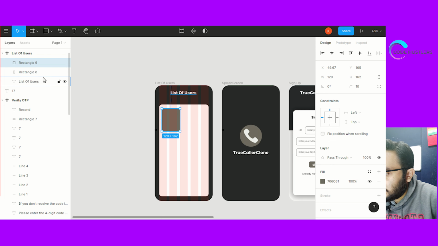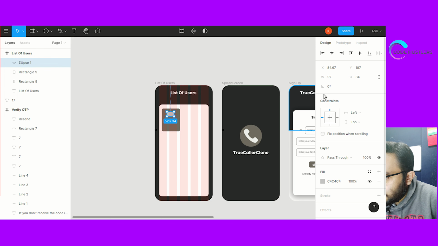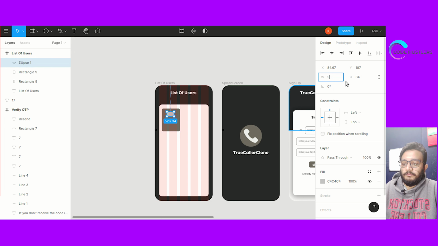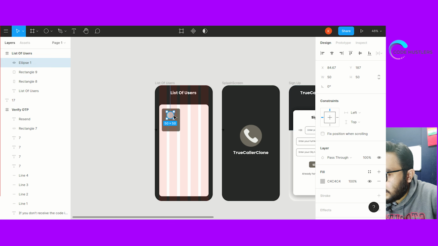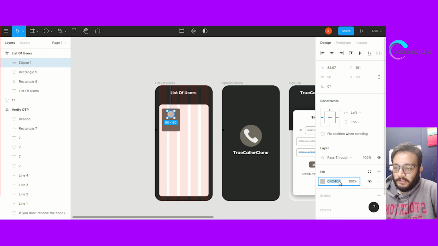So what we'll do is just create another one. Make it perfect 50 by 50, put it in center. Yes, make it white.